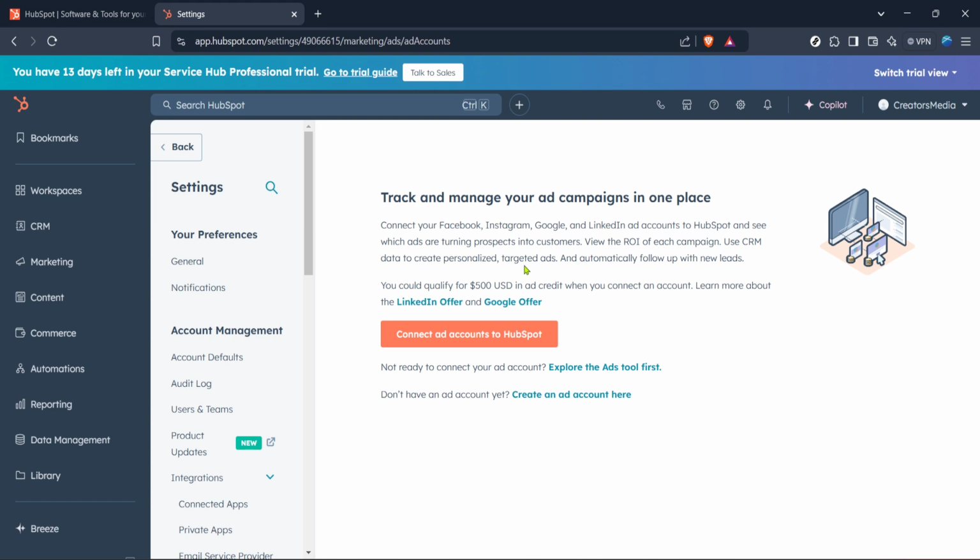Remember, this integration can offer powerful insights and streamlined data flows between the two platforms, enhancing your ability to strategize and connect with your audience effectively. If you encounter any issues during this process, be sure to review the installation steps or consult the help sections available on both HubSpot and LinkedIn.